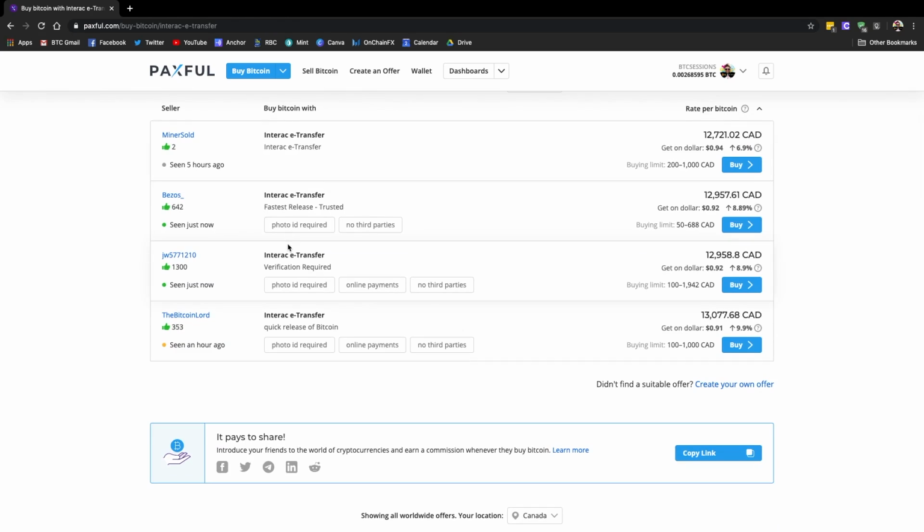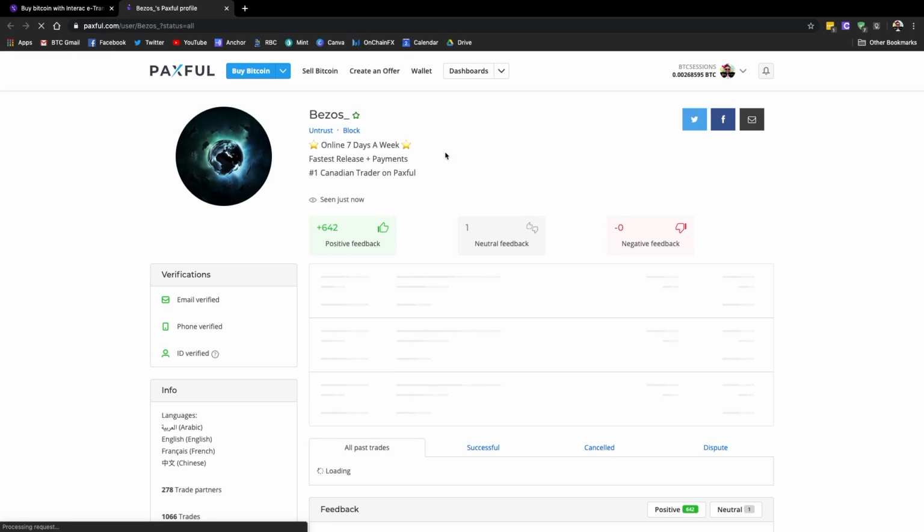Regardless, as we move further down the list for these guys that have a long history, I can see that I'm going to require photo ID here, and it also requests that I need to be making this from my own account. I'm not doing it on behalf of a third party, and very much the same for these other ones. So I'm going to go ahead. I just want to double check on this seller here, and if I click on his profile, I can see